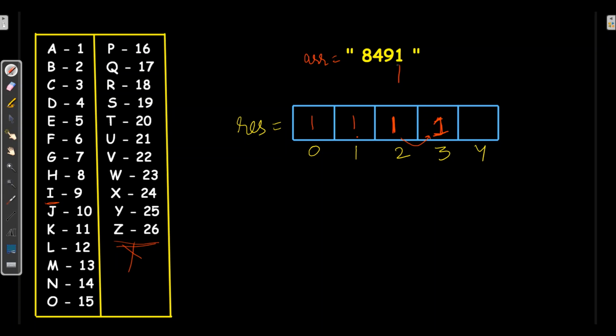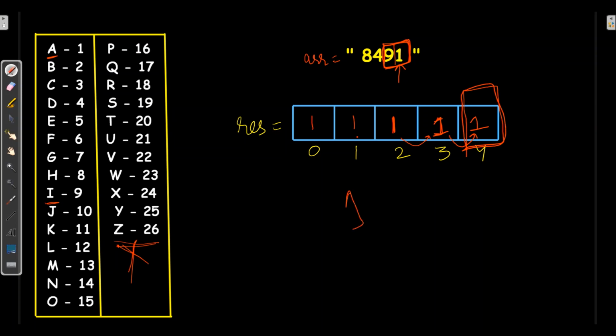Then I will iterate for the next element, where I have 1. 1 is for A. So I will copy the last element of our resulting array. Then I will check for the double element 91. 91 is also not in our alphabet series. So here the last element of our resulting array is 1.